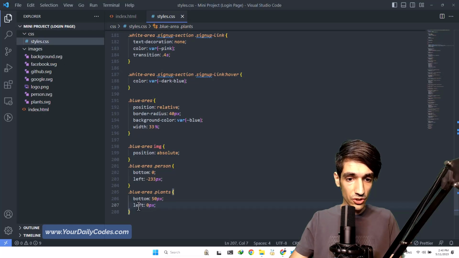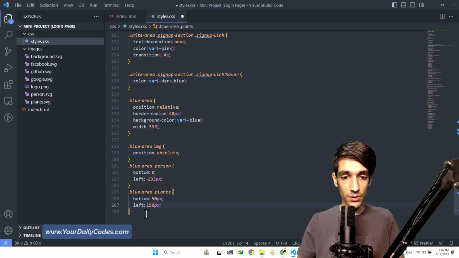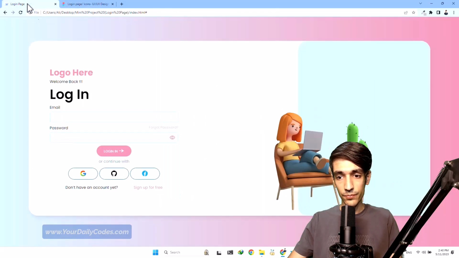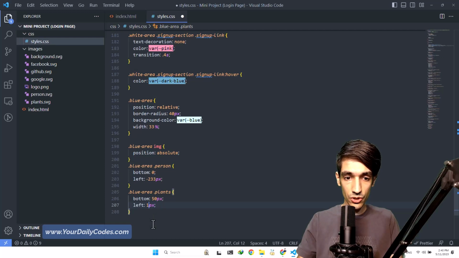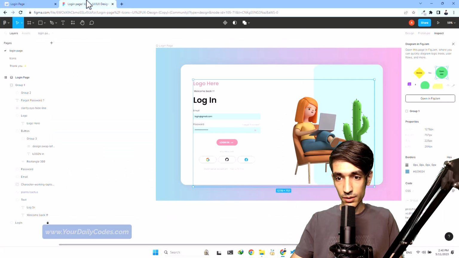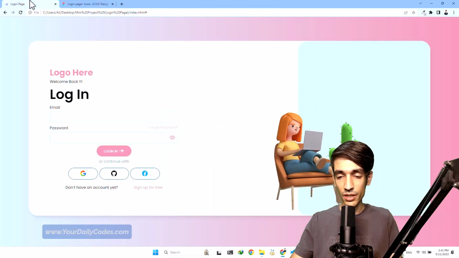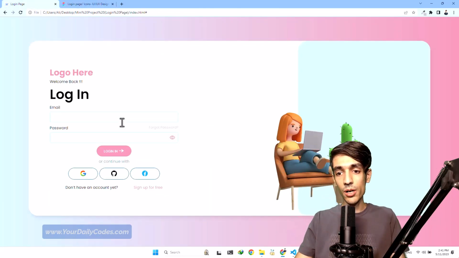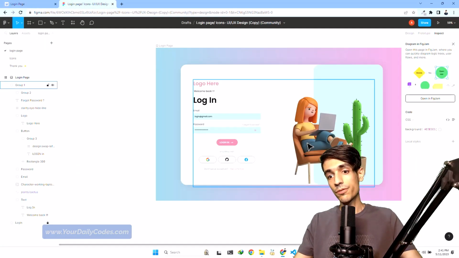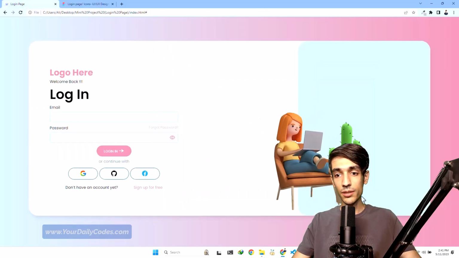So let's actually, again, from left, you are going to have 150 pixels space. Hit refresh again. I think it's a little better, but 150 is too much. 125. Hit refresh, and 125, and I think this is okay. But there's a problem now. See, in this image the person is in front of the plants, but here the plants are in front of